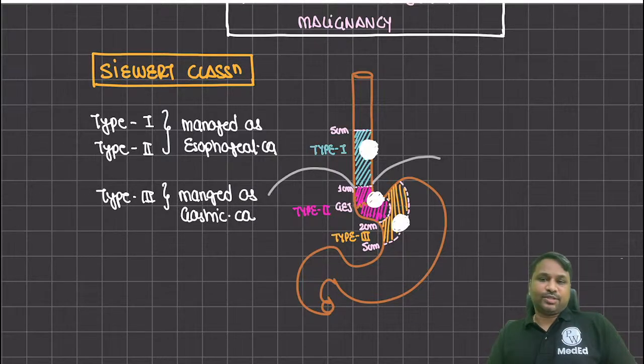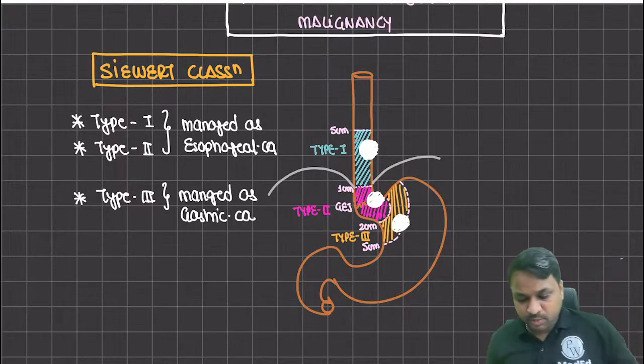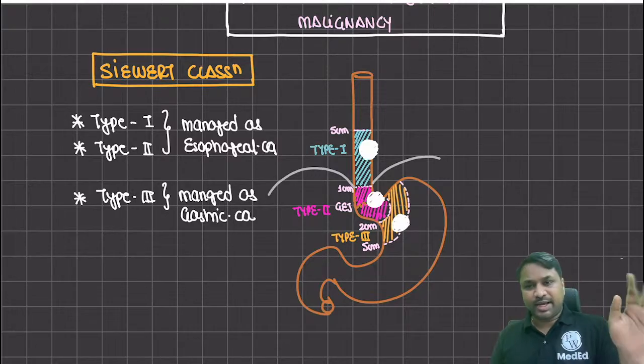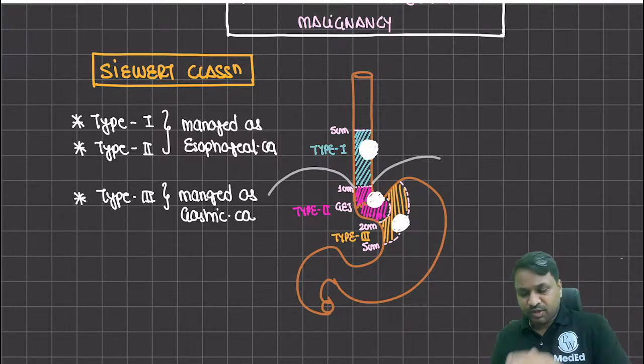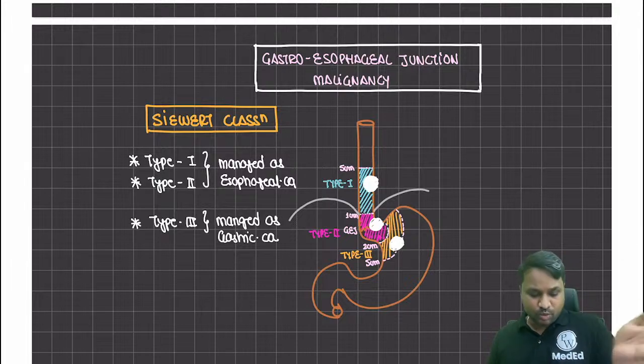This is managed as gastric cancer, right? So that's a carry on message. Type 1, type 2, they're managed as esophageal cancer, and type 3 will be managed as your gastric cancers. Clear? So now you have clarity that if you have a GE malignancy, how you are going to